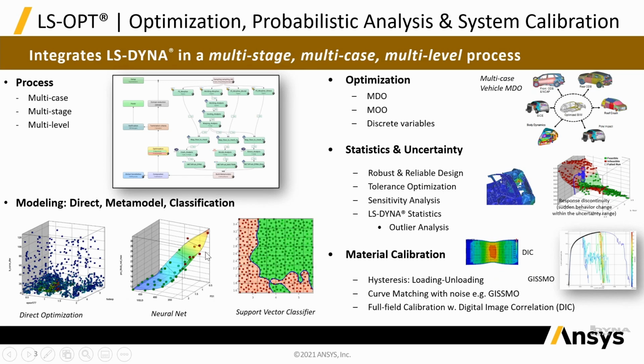In the third case, the idea is to again perform a few finite element simulations. In this case, instead of trying to approximate the values of the responses, we try to classify the response as feasible or infeasible. For instance, this can be used for defining the constraint boundaries of a design problem. And the classifier that we have in LS-OPT is support vector machines. Now, LS-OPT can be used for optimization, which can be multidisciplinary optimization as well as